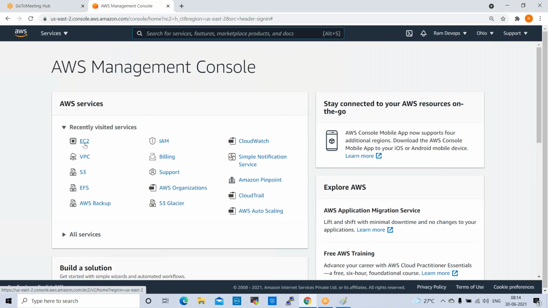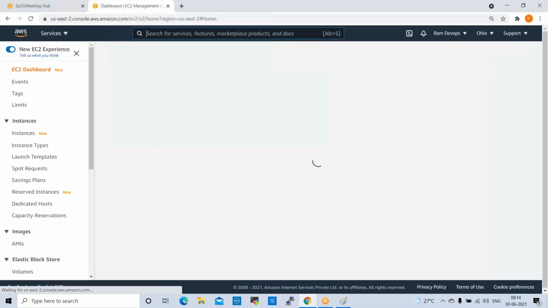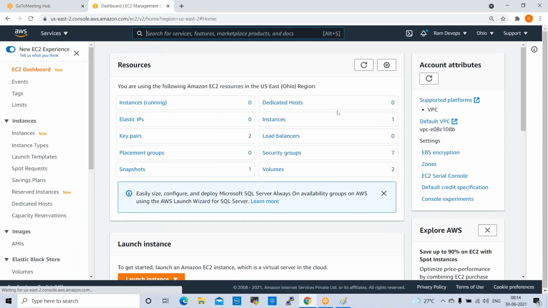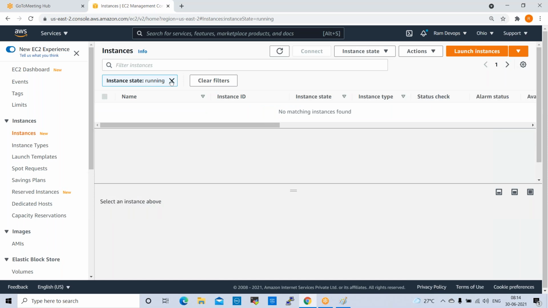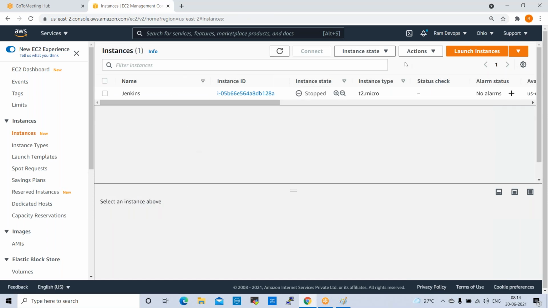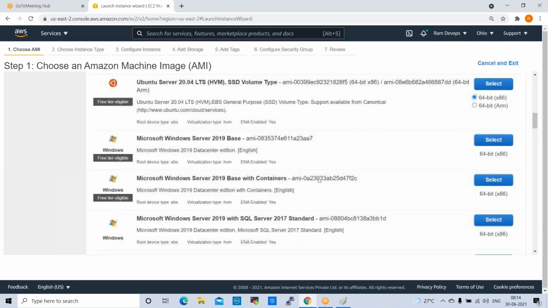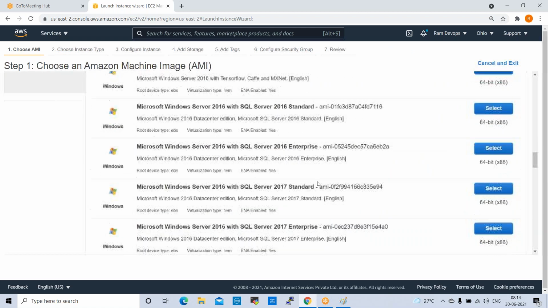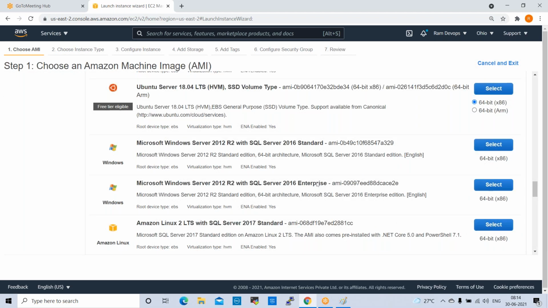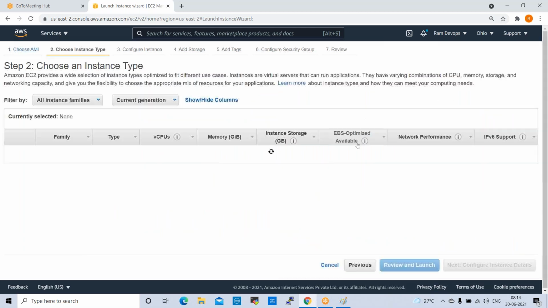Let us take one Ubuntu server for this. Our Jenkins is also Ubuntu, right? The same kind of server we use for Nexus also. We can take any server, RHEL, CentOS, any server. In our project we are using Ubuntu only. The same way in the test lab also we can take one Ubuntu server here for Nexus. Yeah, 18.04, select this.